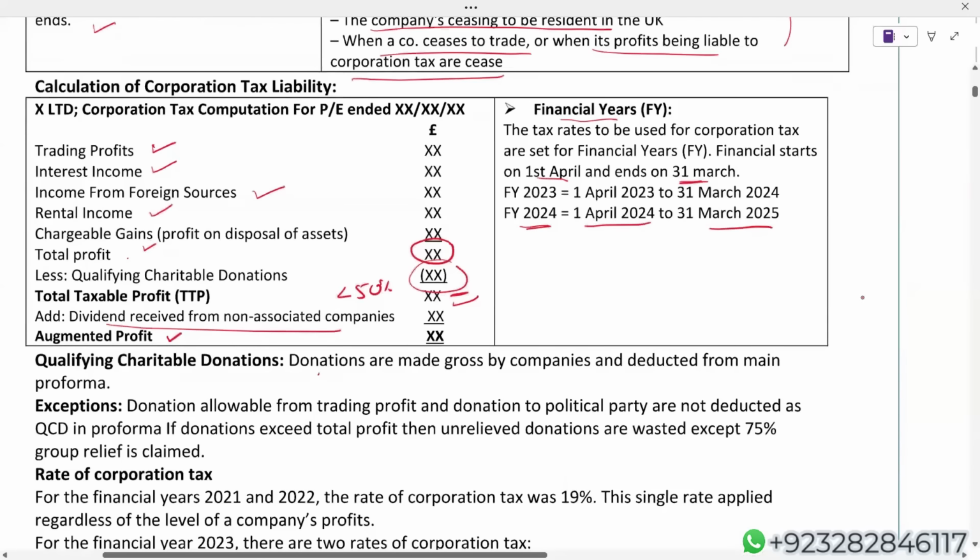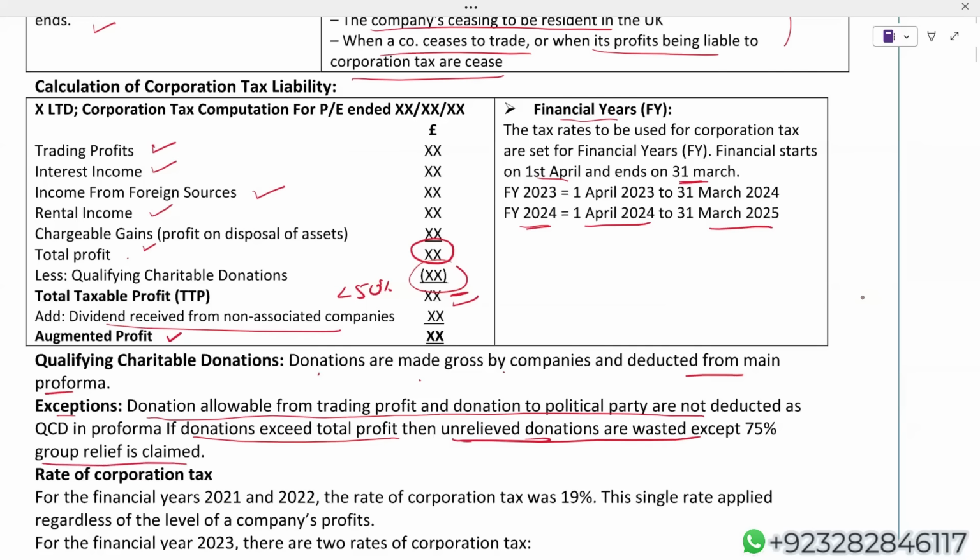Qualifying charitable donations are made gross by companies and deducted in the proforma, which we have seen. Exceptions: donations allowable from trading profit and donations to political parties are not deducted as qualifying charitable donations in the proforma. If the donation exceeds the total profit, meaning your qualifying charitable donation is more than the total profit, unused, unrelieved donations are wasted except